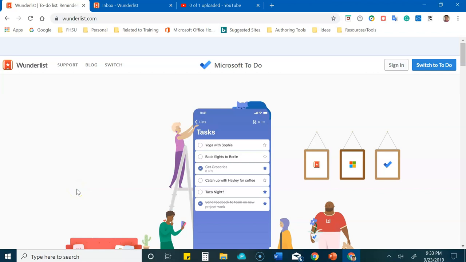So the technology tool that I'm going to share with you is called Wunderlist. Wunderlist specializes in exactly what it says, which is creating lists. It's a dedicated app to lists. And as such, it has some unique functions that kind of make it a little different than perhaps using the